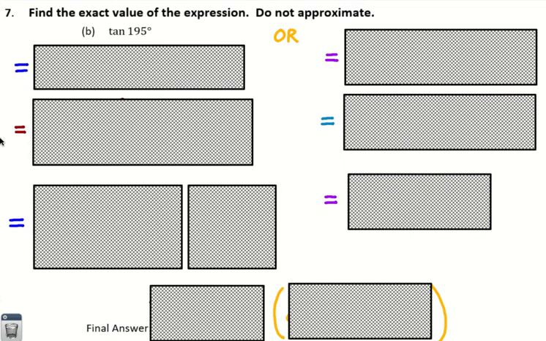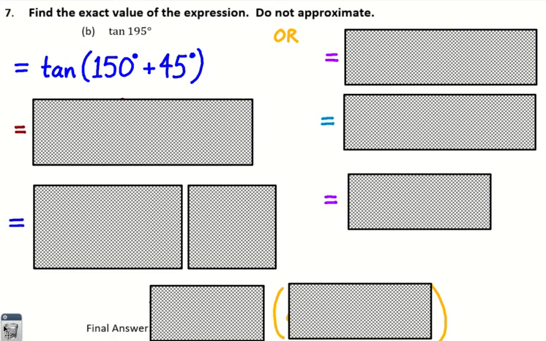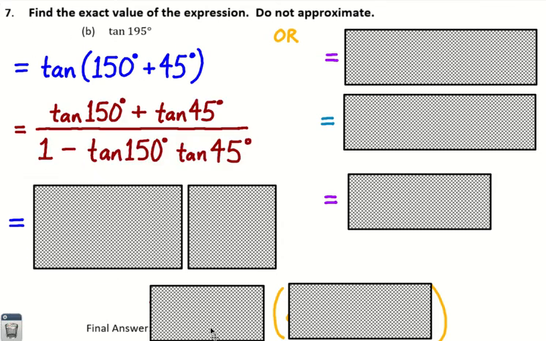Number 7. The tangent of 195. Once again, 195, not one of our nice angles. So we have to rewrite it using one of our formulas, using a nice angle or two nice angles. One way to do it is to rewrite it as 150 plus 45, and that refers to one of our sum or difference formulas. And when you convert that, see, once again,